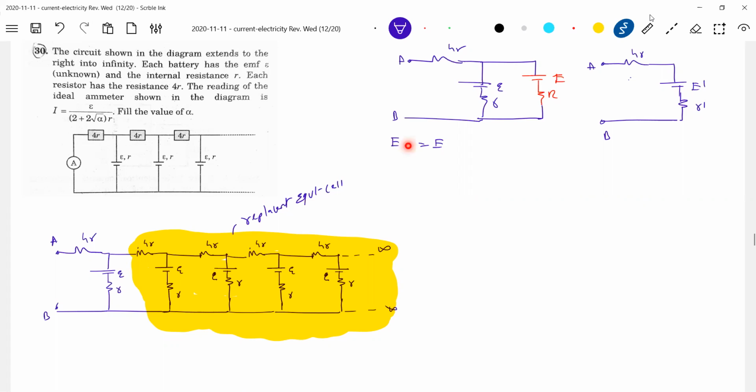Okay, I'll do one thing. For the time being, I'll remove this so that you can think on this one. First, what is E dash? Shall we take the effective of this? I'll help you like this. You know what the equivalent EMF is: small e by the equivalent resistance. This is a formula. What is E dash? E dash should be equal to, shall we write, E? Equal to capital E.